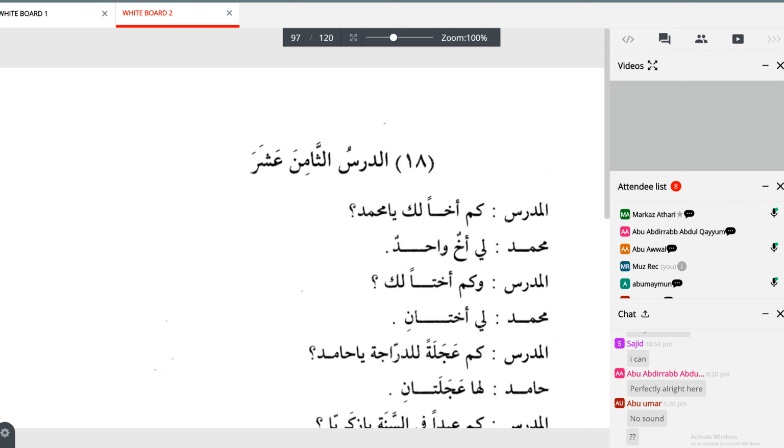We actually finished speaking about kam and the word that comes straight after it in the previous lesson. So we're going to move on to the second part of this Dars al-Thamin Ashar, the focus of which is describing something or speaking about something in the dual form. So when there are two of something,